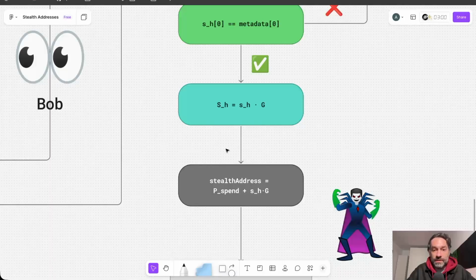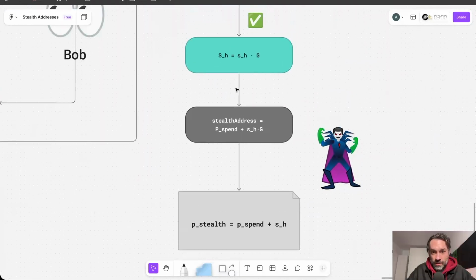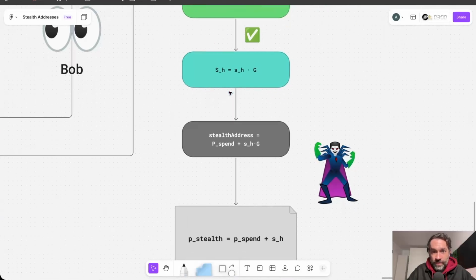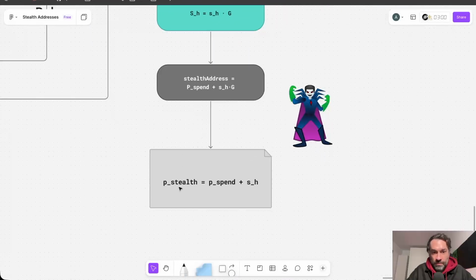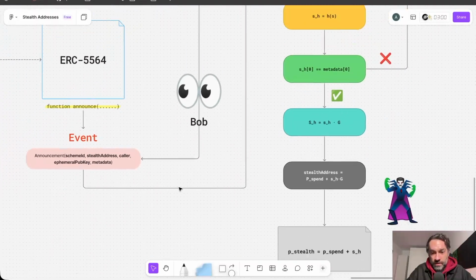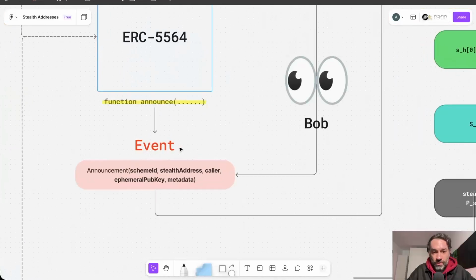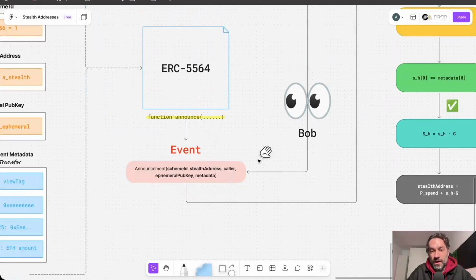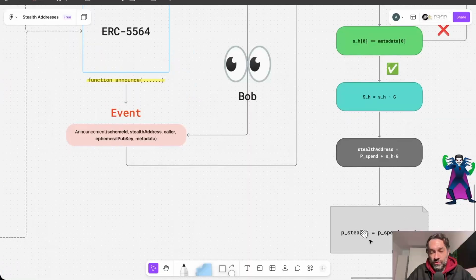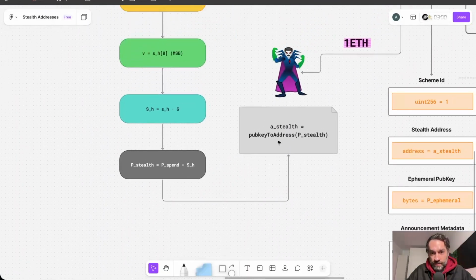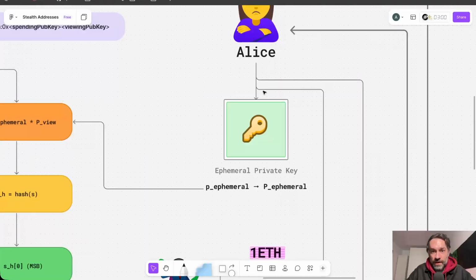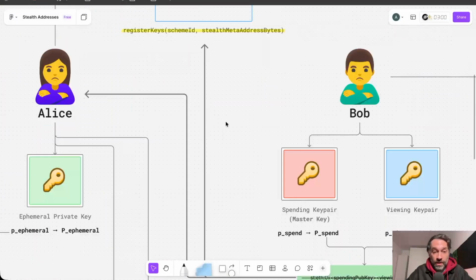So basically you can see in the diagram, after Bob identified this announcement was for him, he recreates the private key of the stealth address, deriving from this private key the address, and comparing it with what Alice announced. And this is how he understands that he took over control of the stealth account that was created by Alice. I would like to wrap up the full life cycle of the stealth addresses, so we can start from